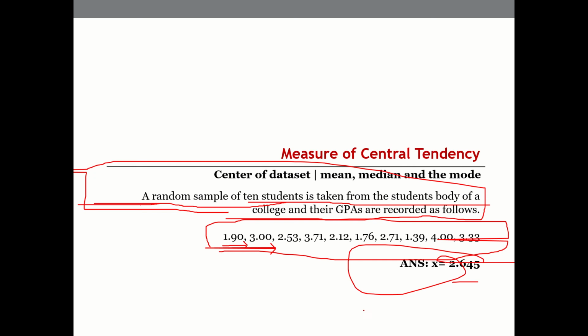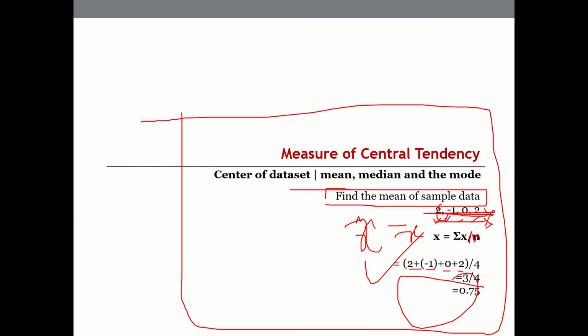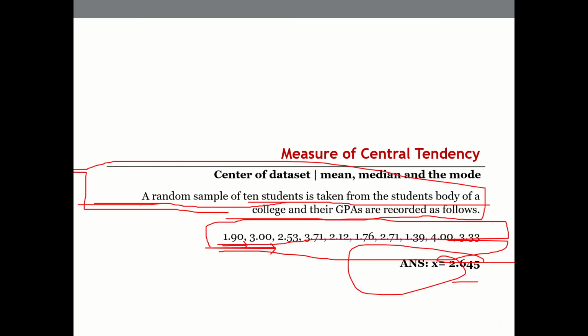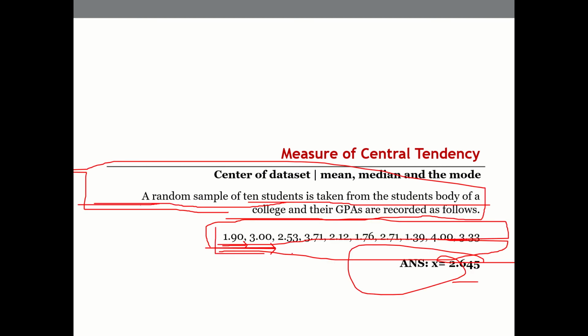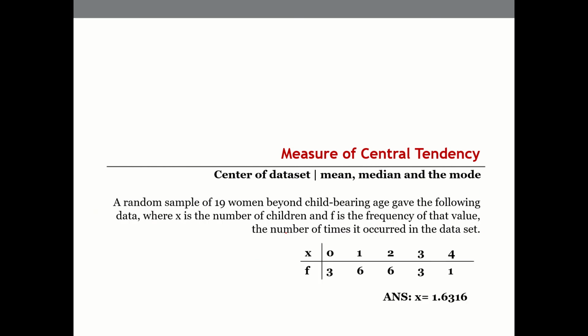So that's as simple as that. We take all the values, do the summation of the whole data set and divide by the number of data points. So kindly remember this: summation of x divided by n. This is very simple, we have listed this data set. We have also learned how to construct a frequency table, right? Can you calculate the mean for this now?